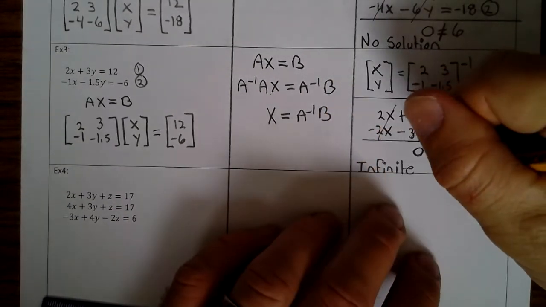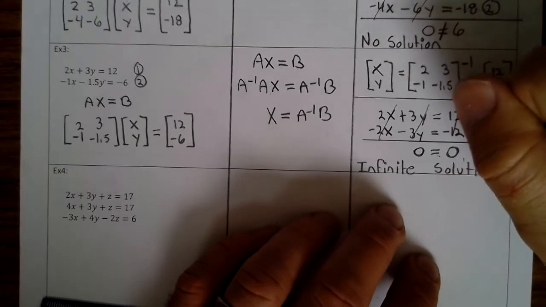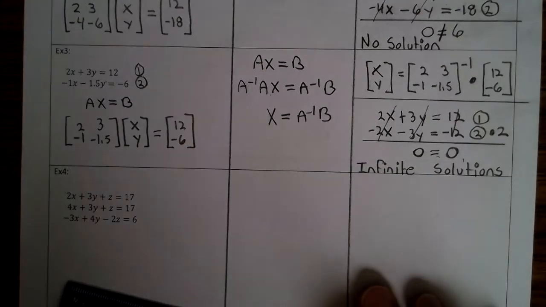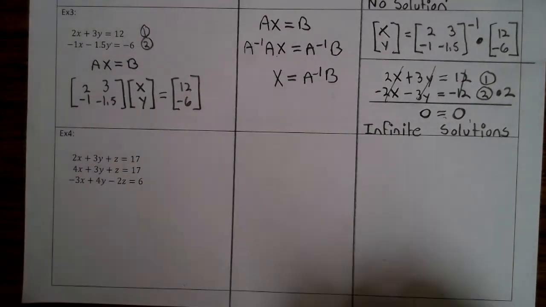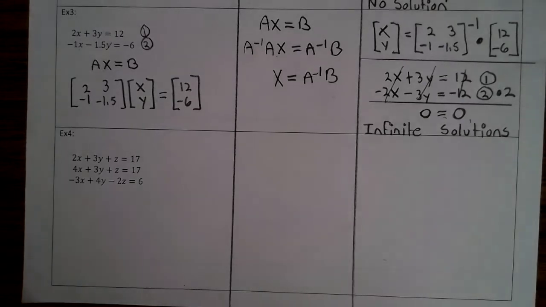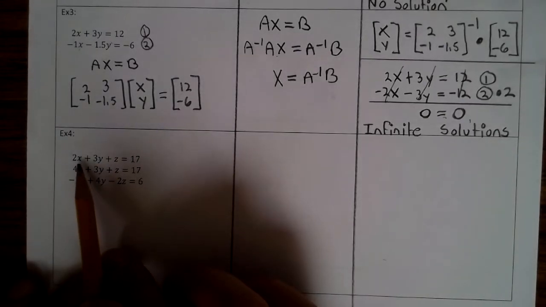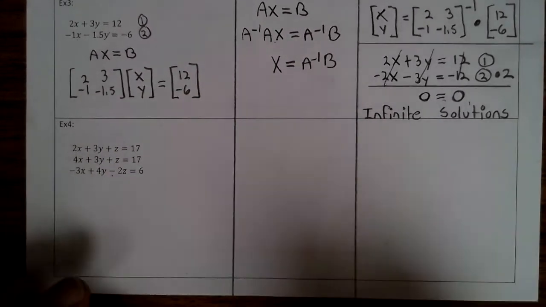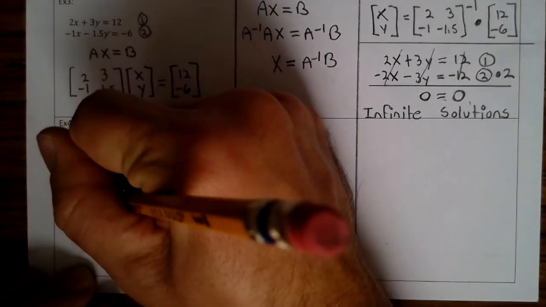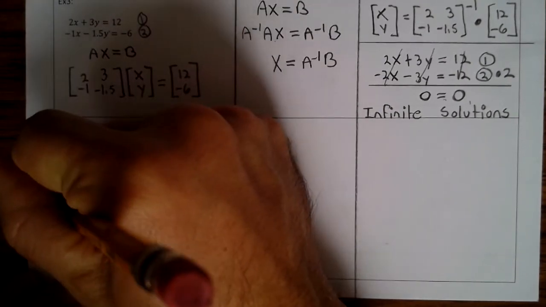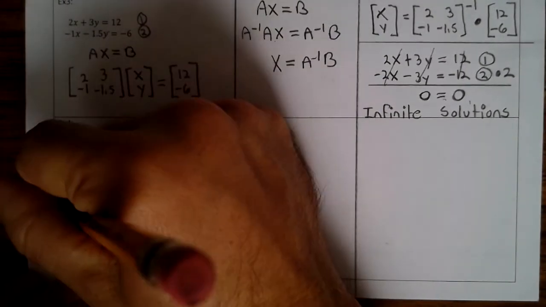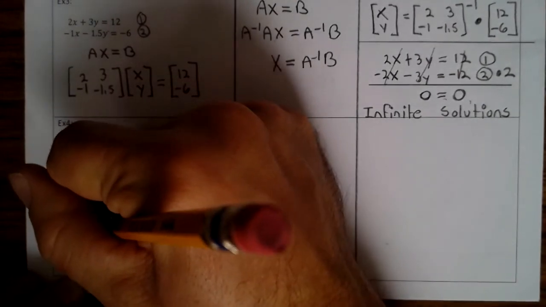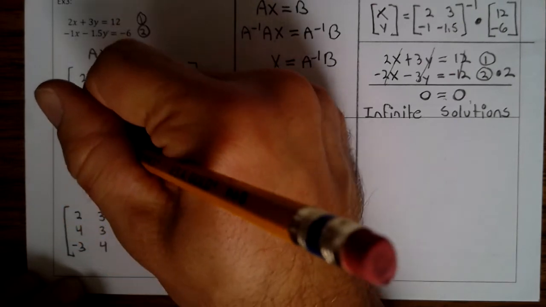All right. So let's look at example 4. All right. Example 4, it has 3 equations, 3 variables. And you would think it'd be more difficult, but it's not. It's the same process. AX equals B. So A is 2, 4, -3, 3, 3, 4. If there's not a number in front of the letter, put a 1. So 1, 1, -2. X, Y, Z